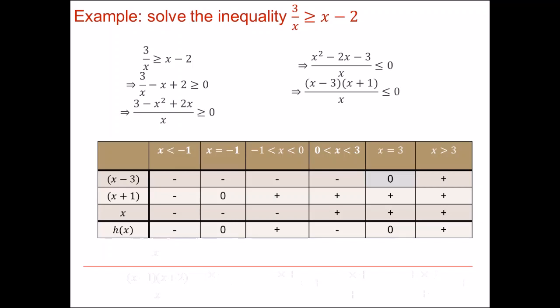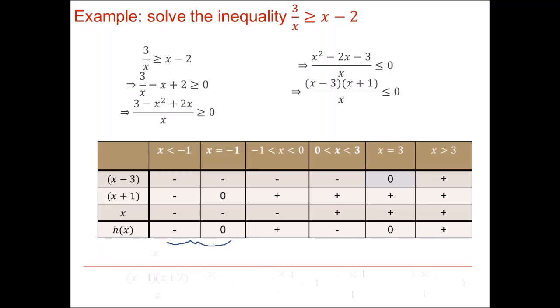And you can see each time we go through a critical value where we get 0, or we go through an asymptote, then the sign is changing from negative to positive for h of x. Well, we want to know when this function is less than or equal to 0. So we can see that it's less than or equal to 0 in the first two parts of the table,